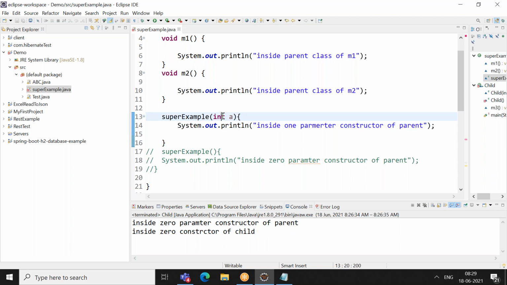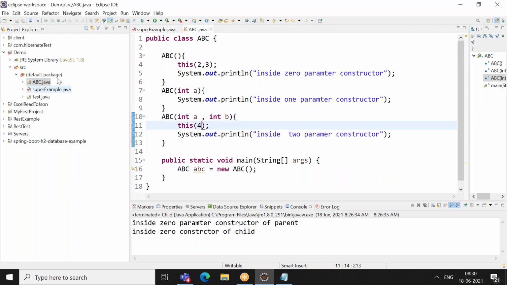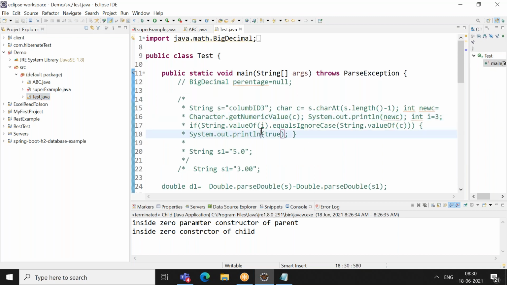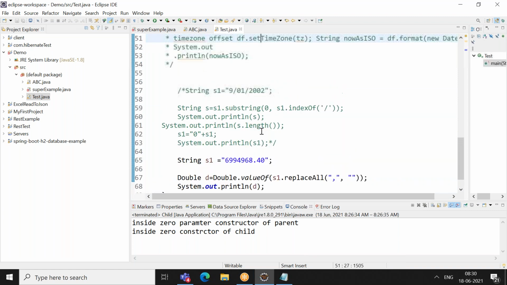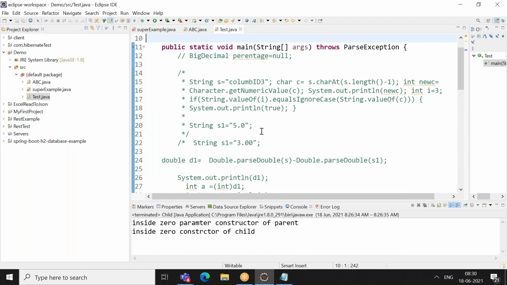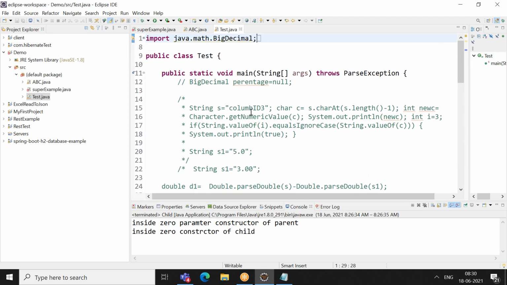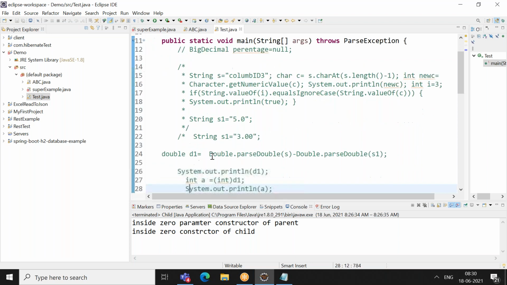Do you remember that point or not? If not, you get confused. For example, your ABC and your test classes all have constructors, right? For example, I write a test class. By default, any class will have a constructor. This test class also has a constructor, which is the zero parameterized constructor. Your compiler will write it at runtime. Why? Because the class does not have any constructor of its own, right?